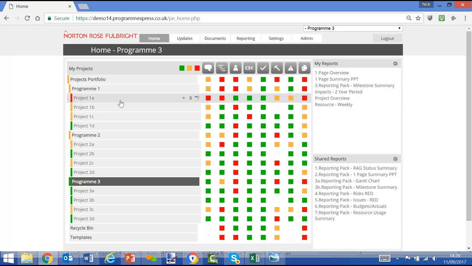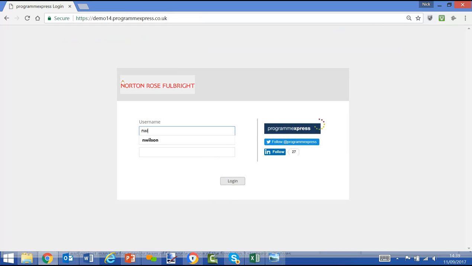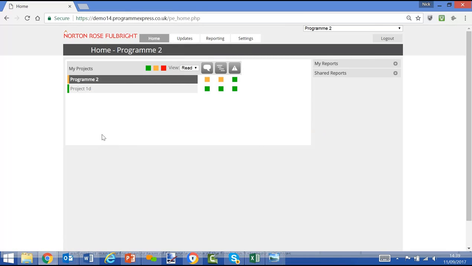In terms of simple data input, what we can now do is filter out projects and modules that the project manager or the user doesn't need to see. So if we log on very quickly as the user or a project manager, same home screen, same database, now a different view of what the user has read access to, what they have write access to, or both, read and write. So in this case, I'm just going to toggle to what I have write access to,